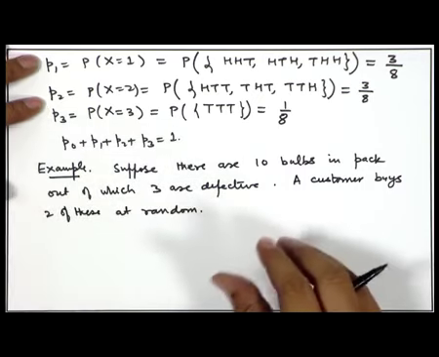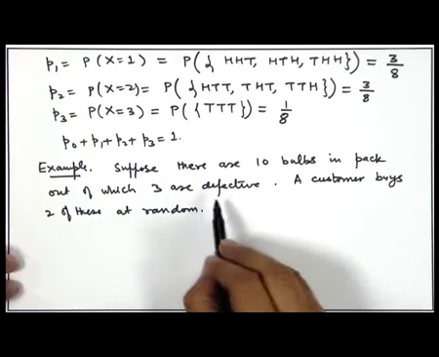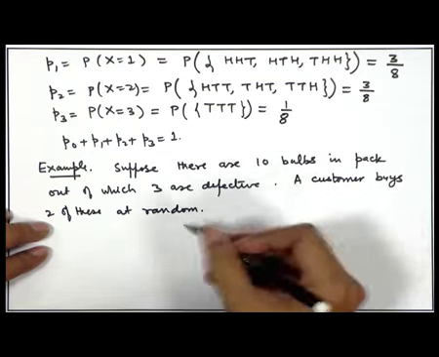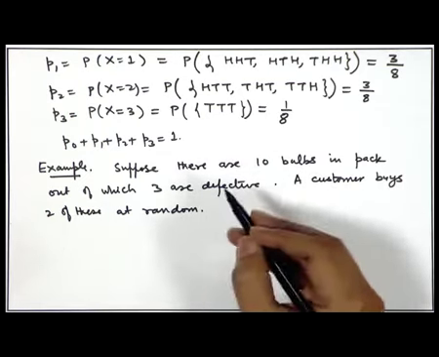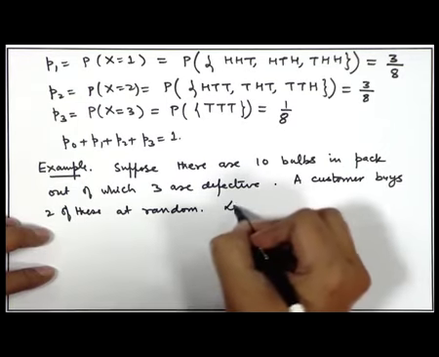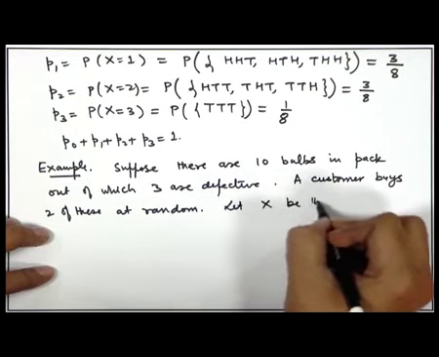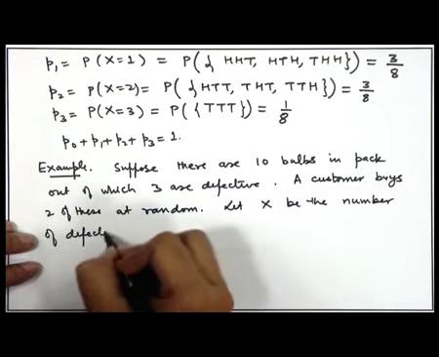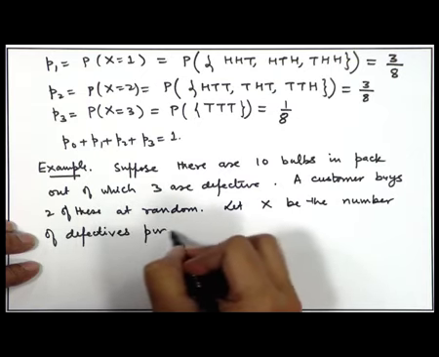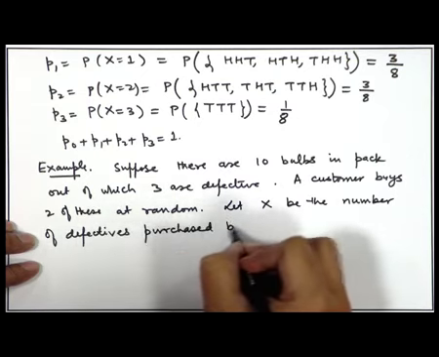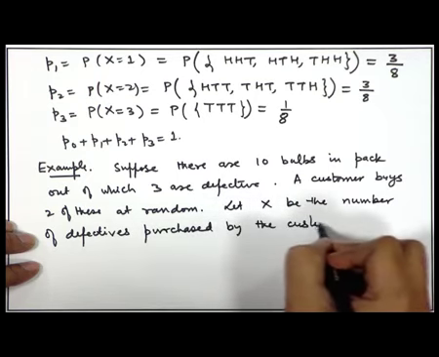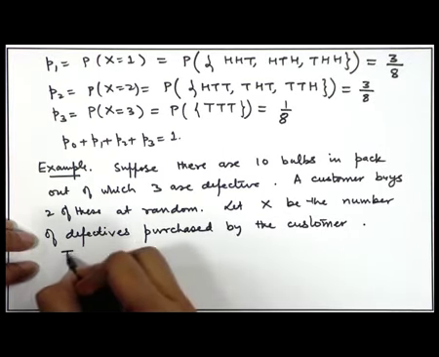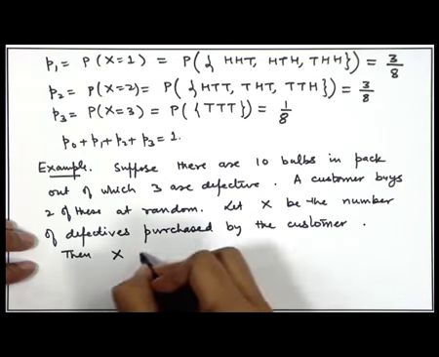Okay. In a pack of bulbs there are 10 bulbs, out of which 3 are defective, and a customer buys 2 of these at random. Now, certainly when he is buying 2, there can be some defectives there. So, let X be the number of defectives purchased by the customer. Then what are the possible values of X? X can take values